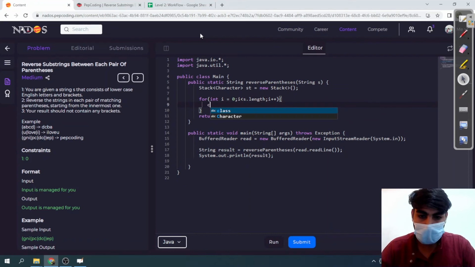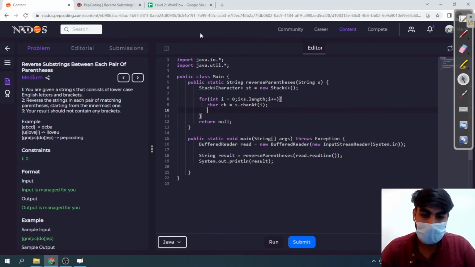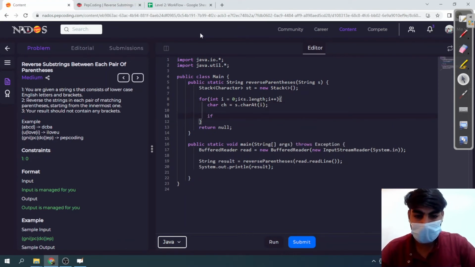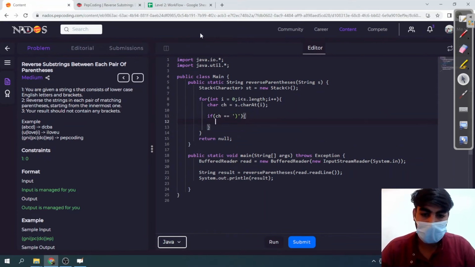Now taking ch, which is s.charAt(i). Now I am checking if ch is equal to a closing bracket, then what we do,